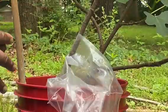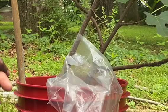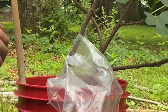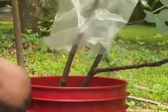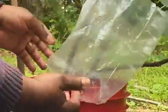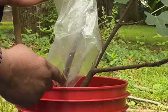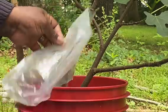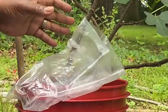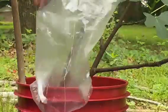Now, let's come to the part of how do you airlay a fig tree? How do you airlay a fruit tree? How do you airlay a tree? Now, I have a Ziploc bag here. I cut the top of the Ziploc bag, and I also cut the bottom of the Ziploc bag. Now I put this at the beginning of spring, before the leaves started growing, because I didn't want to have a problem when I want to put the Ziploc bag